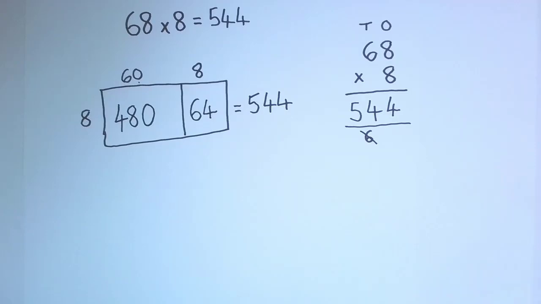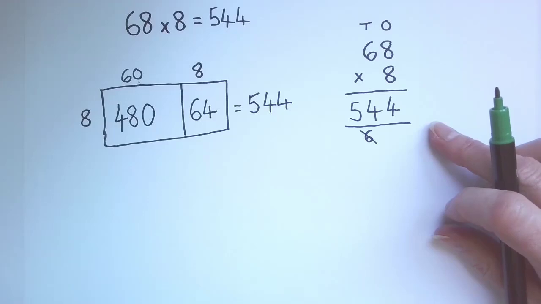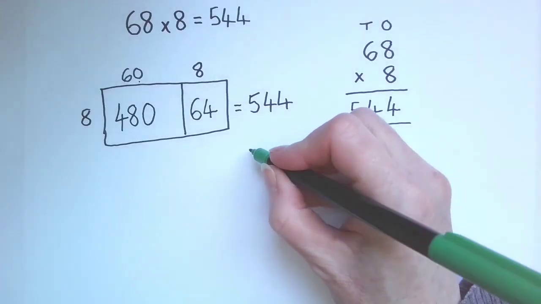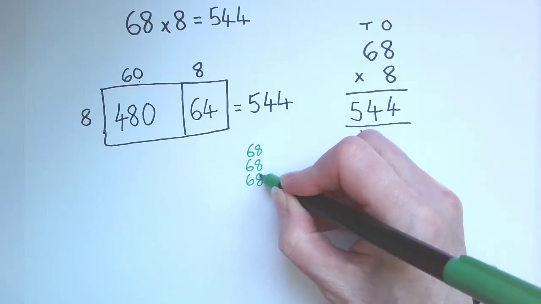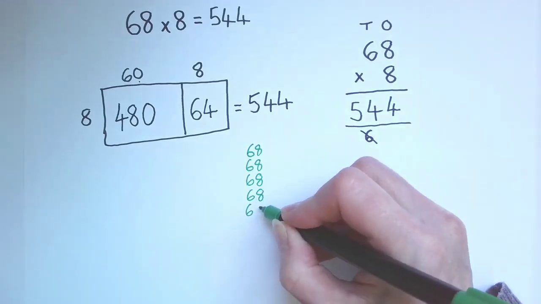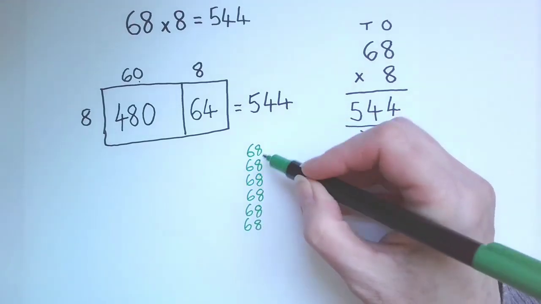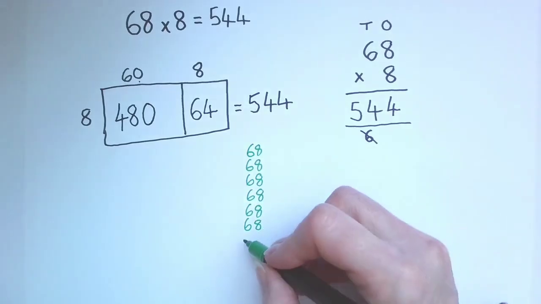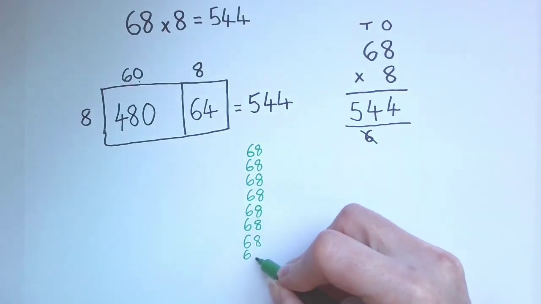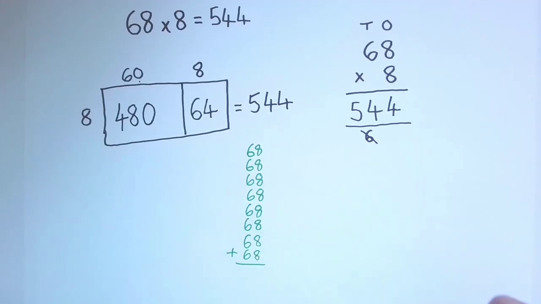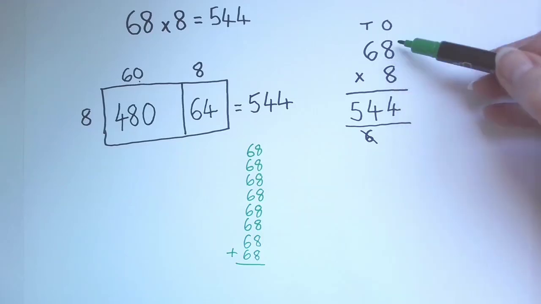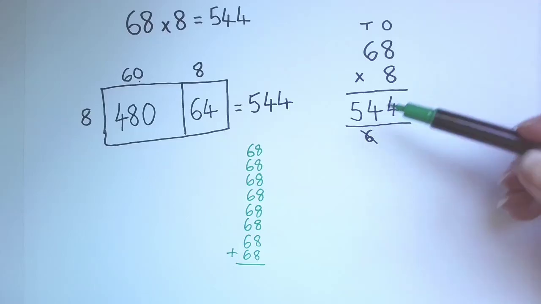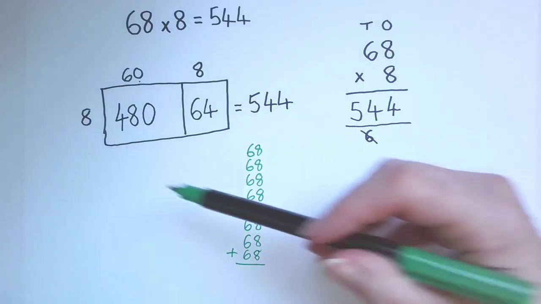So what's actually happening here? I likened this to our addition method because it is very, very similar. If I think about 68 multiplied by 8, what I'm doing is taking 68 and repeatedly adding it 8 times. So 1, 2, 3, 4, 5, 6, 7, 8. Okay, so that's a lot of recording. We can see why we use our short multiplication method, because to record this out just 8 times,